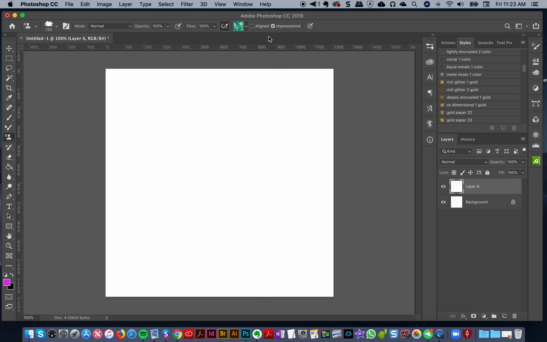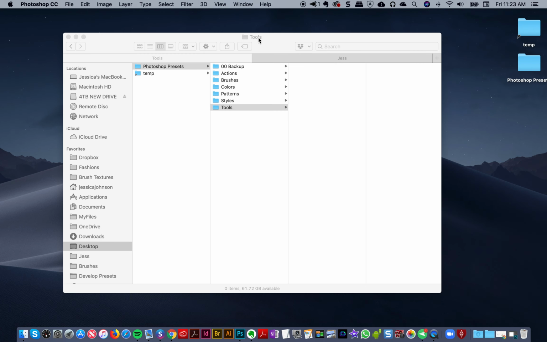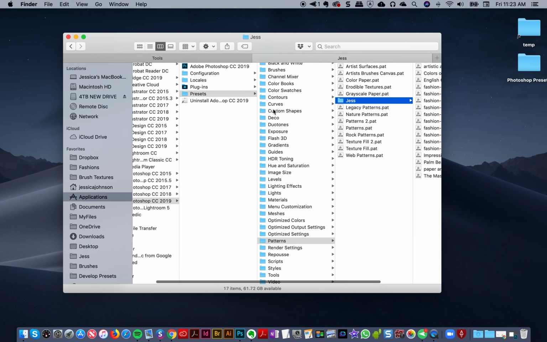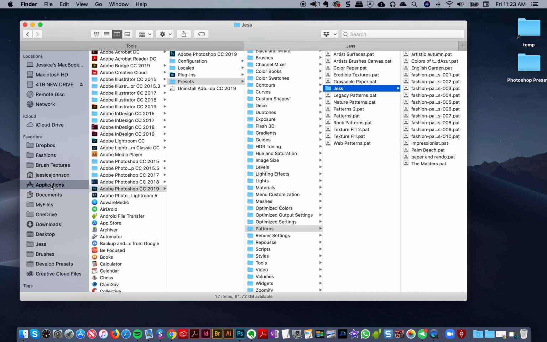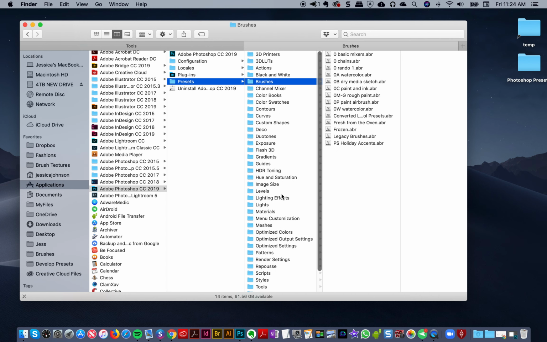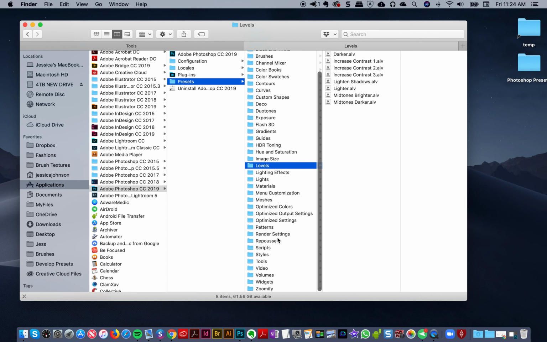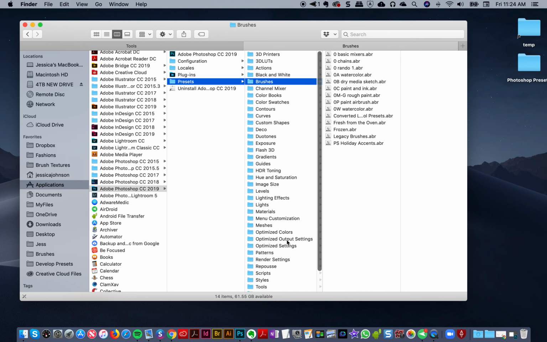And you might ask, how do I get my things in there? This is a good tip that I use. I go within my application folder. Now I'm on a Mac, and I'll find a link and try to put it below for PCs. In your applications, you go to Photoshop and then Presets. There are a lot of presets, but you'll see the ones that you use a lot, like brushes and styles and